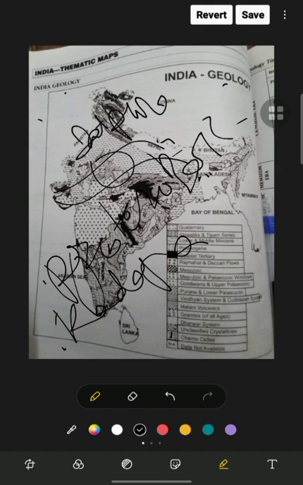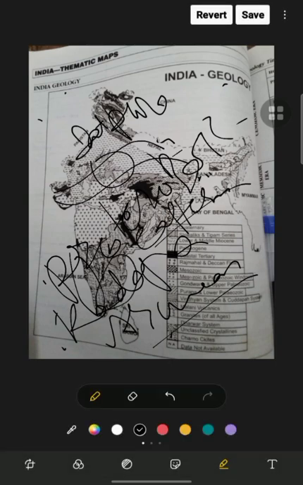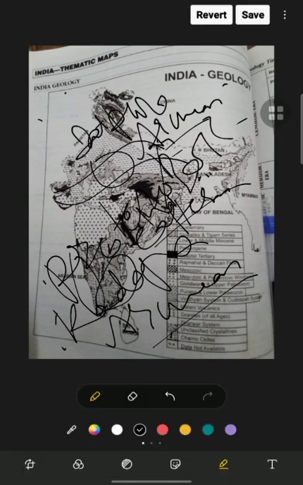Now the Archean is the era. The Archean is the Dharwad system in Karnataka. Now the later Archean is peninsular gneiss and the Ghat formation. This is the Eastern Ghat formation in the Archean era. Then the middle Archean, that is the Singhbhum and Keonjhar orogeny, rich in iron ore. This is the middle Archean, and there is the Keonjhar and Singhbhum era of rich iron ore reserves. So this is all we discussed today about Indian geology.